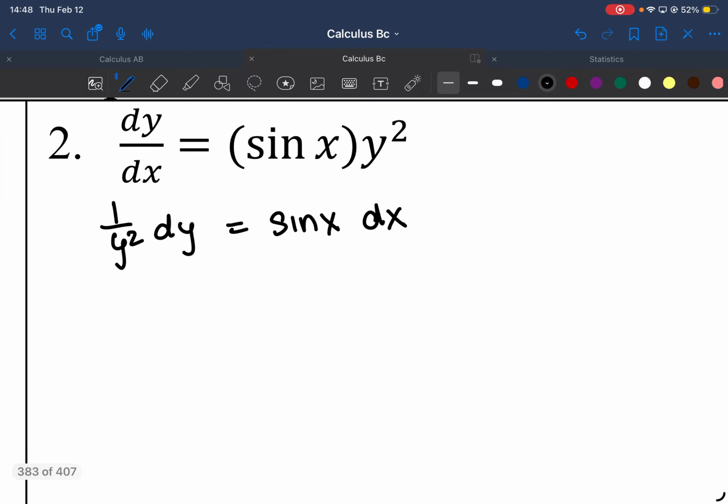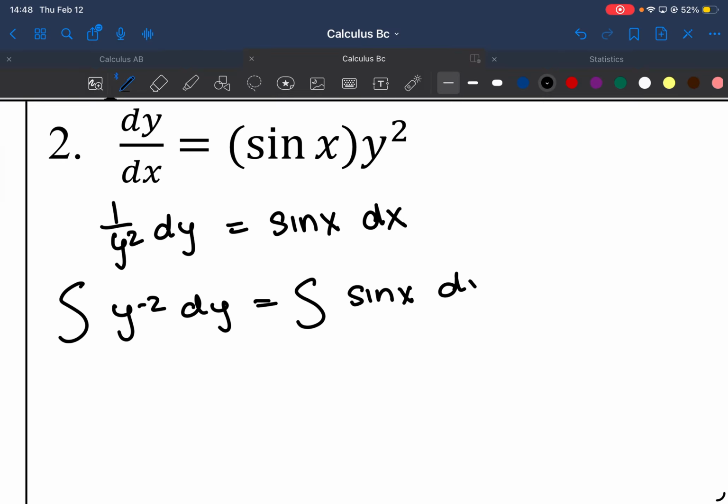Everyone agree? Good? Okay. Then we take the integral, and when I integrate 1 over y squared, that's the same as saying y to the negative 2 power. So I'm just going to rewrite it before I integrate. And now that I have it as y to the negative 2, when I take the integral, this is y to the negative 1 divided by negative 1 plus